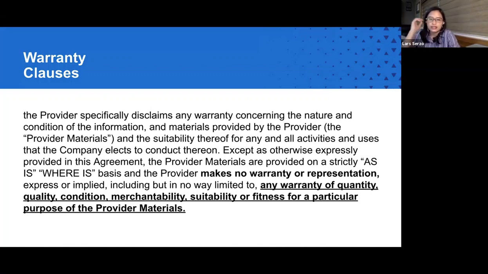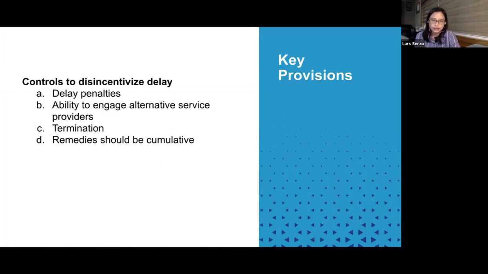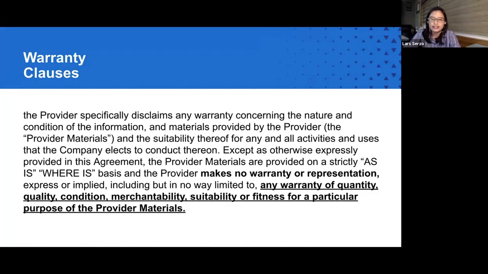So if you're buying a piece of software off the shelf, something like this could be acceptable. But if you've engaged a provider to provide you with customized solutions from scratch, then you may have some negotiation leverage to demand, let's say, that they warrant that the software will function consistent with what they've marketed to you. They can warrant that the code is not infringing, for example. So the best way, again, is to carve each and every phrase here and to not accept a blanket disclaimer on warranties.